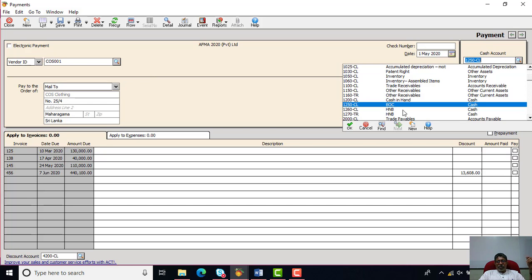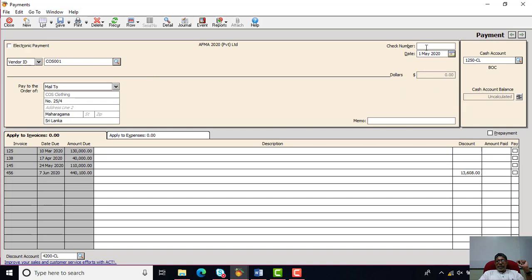So according to the given instruction, you can select the appropriate bank account on which the check was written, right? Then if you are going to settle the full bill of this particular vendor, we don't have to type anything. We just want to click on the pay box.